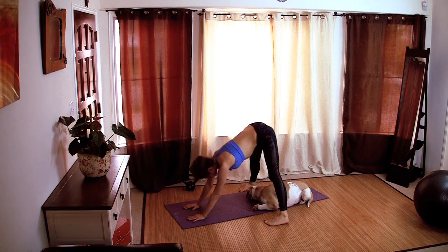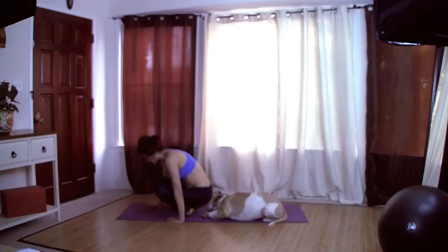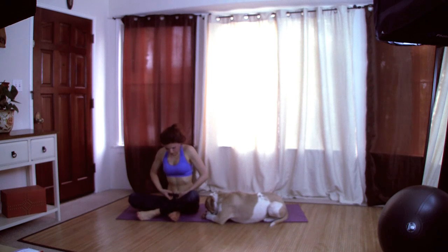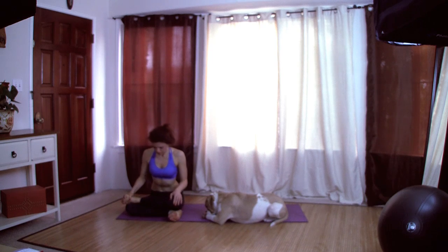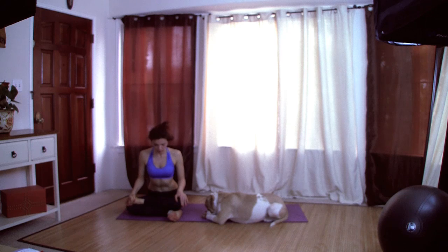And let's lower the knees on the floor and come into a seated pose. Here we're gonna go into double pigeon, and we're gonna bring the right knee on the floor, left ankle over the right knee, flex both feet, very